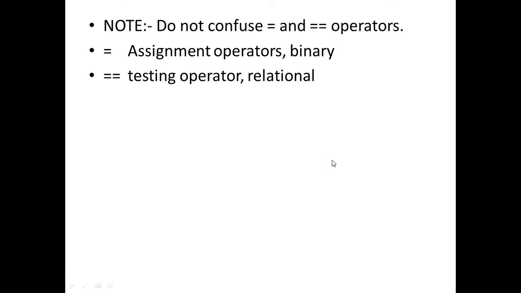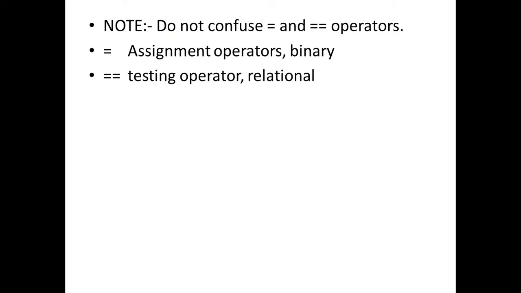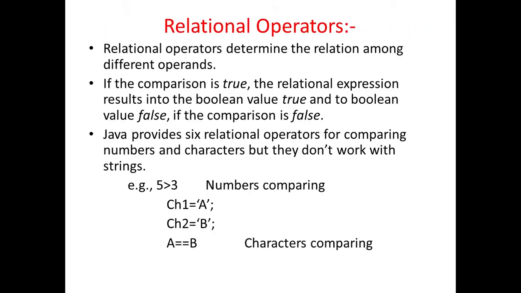Okay, so previous topics we have discussed order of precedence or importance in the video, and next we have one note written here. There are two equal to. One equal to is used as assignment operator and one equal to is used to check or test whether a given number is equal to that number or not. You can see here